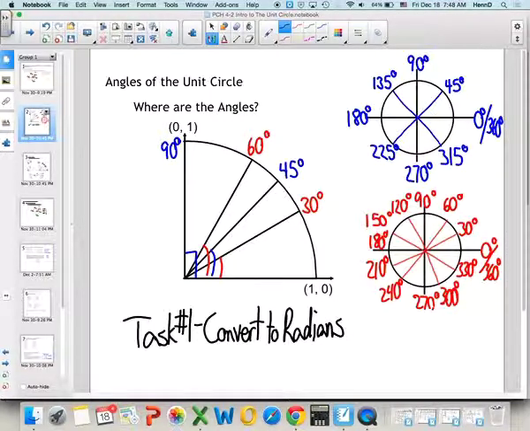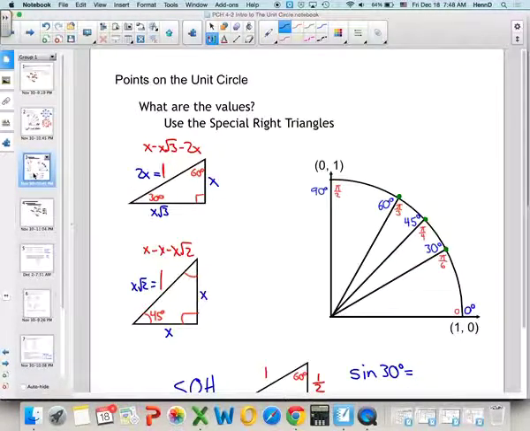Now, the other thing that you need to do is find the coordinates of all the points. You can see here we have the point (1, 0) and the point (0, 1). And we also saw (-1, 0) and (0, -1). You're going to work with your partner to find the coordinates of all the other points. Now, I'm going to get you started here, and this is going to be a good review of right triangle trig. There's two ways you can do it. There is a pattern here for special right triangles. If you recognize your 30, 60, 90 right triangle,